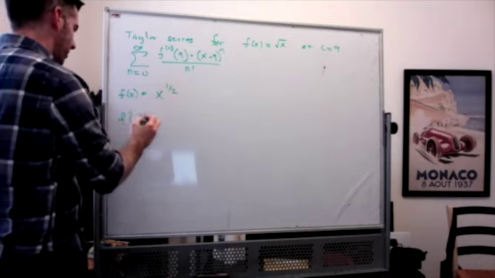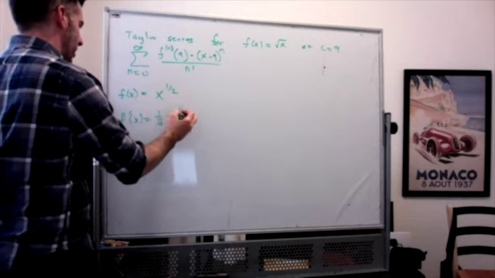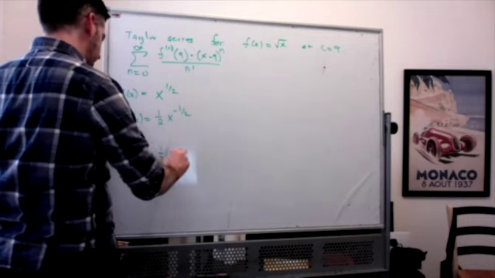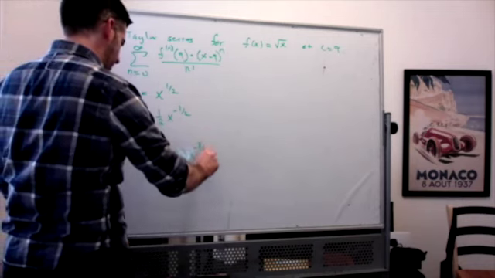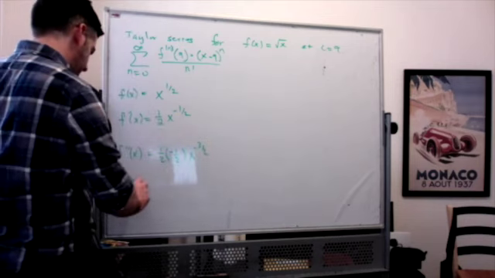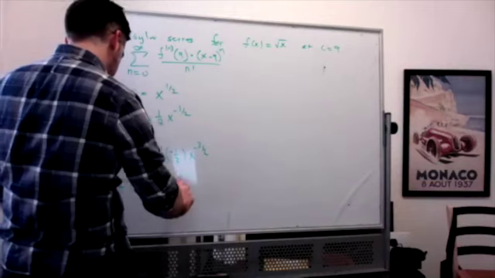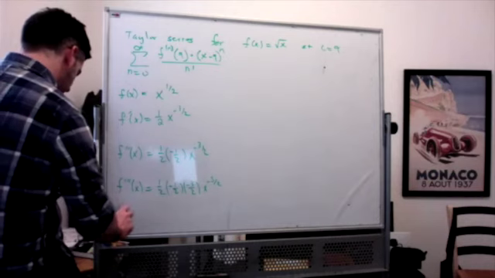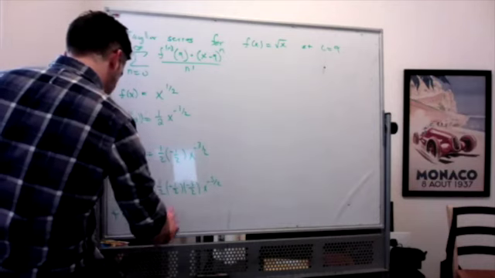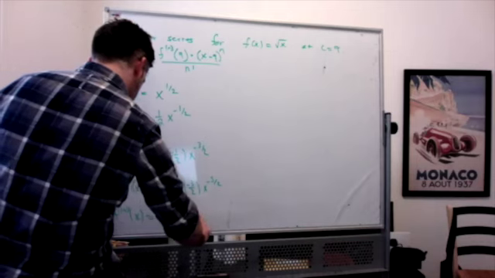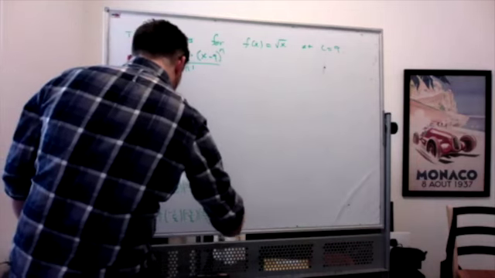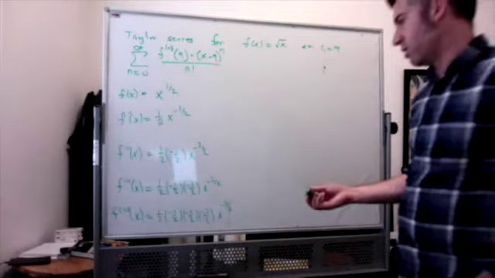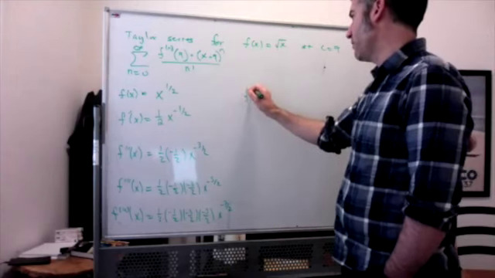First derivative, 1/2 x to the minus 1/2. Second derivative, 1/2 times minus 1/2 times x to the minus 3/2. Third derivative, 1/2 times minus 1/2 times minus 3/2 times x to the minus 5/2. Fourth derivative, 1/2 times minus 1/2 times minus 3/2 times minus 5/2 times x to the minus 7/2. And it looks like we might have a pattern here. It looks like, if I took the nth derivative,